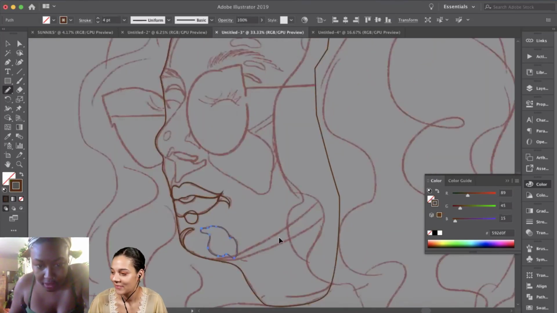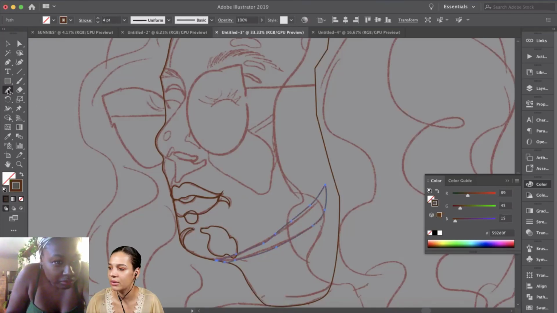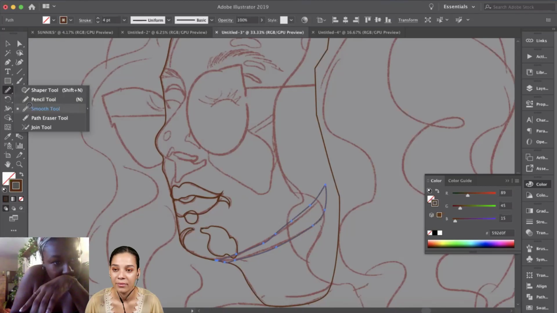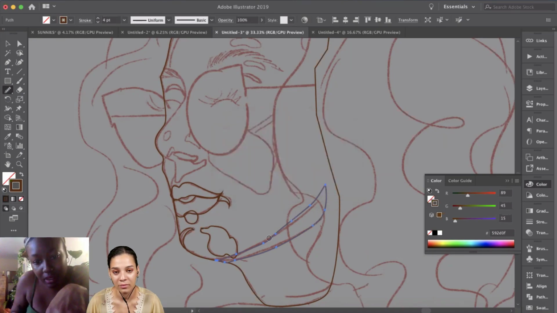Alexandra says, I need to start using the pencil tool more. It seems a little more free flowing than the pen tool. Yeah, for me personally, that's about how it feels too. And you see what I'm doing right now? See how my lines aren't smooth? All I did was pop onto the smooth tool. Here you can play with the fidelity as well to get the smoothness of the points. You just drop it over and you see how it's starting to smooth the lines out, but it still keeps that personality, which I like.